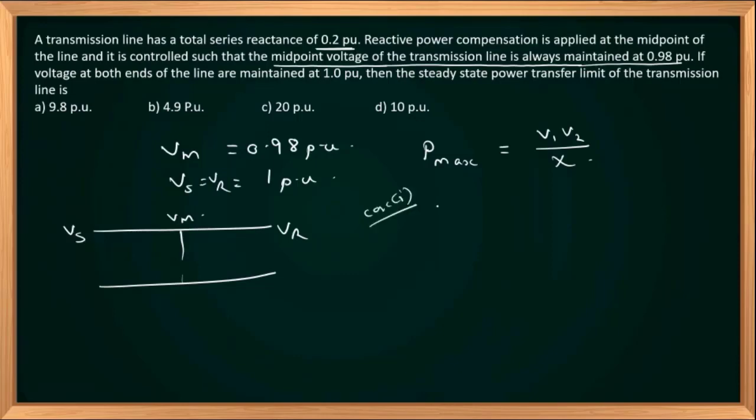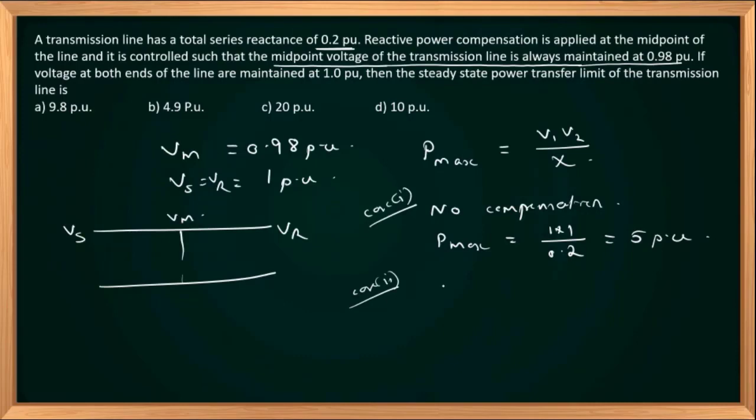In case 1, with no compensation, if you are not providing any midpoint compensation of this transmission line, Pmax will be equal to 1 into 1 divided by 0.2, which is 5 per unit. Right? In case 2,